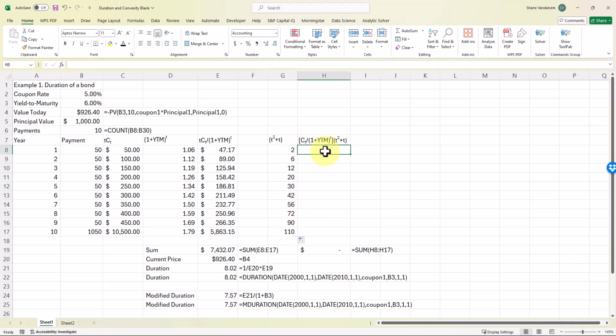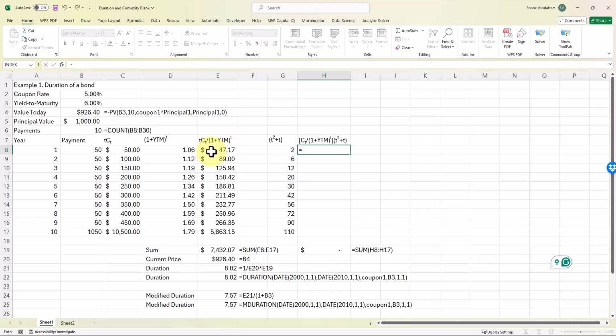And now we're going to take CT. So the value here, that's the payment, is CT, divided by 1 plus the yield to maturity raised to the value of time, and that's the value in this column D,